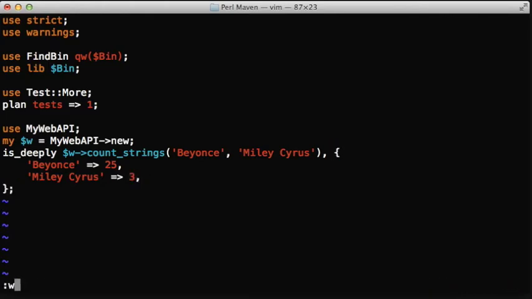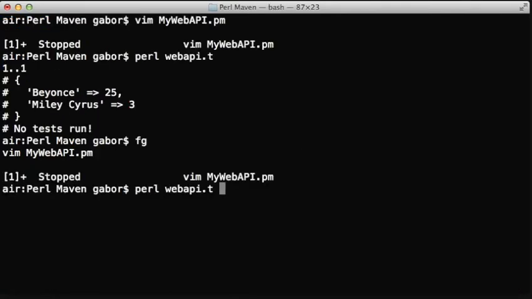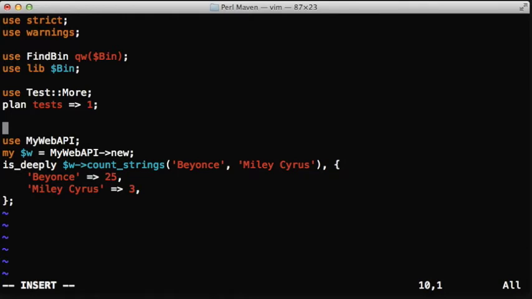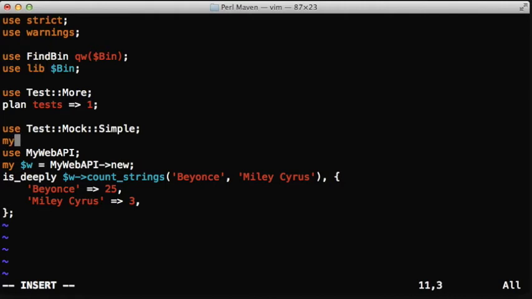We can go back to the console and run the script, and now it checks the actual numbers. The problem is that if the website changes, then these numbers will change and our test will break, even though the script is working. So instead of that,